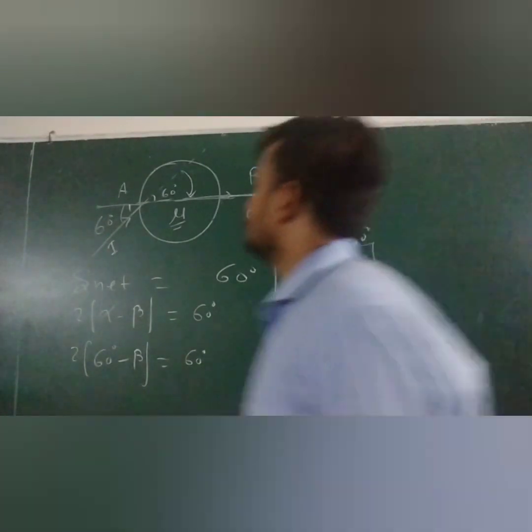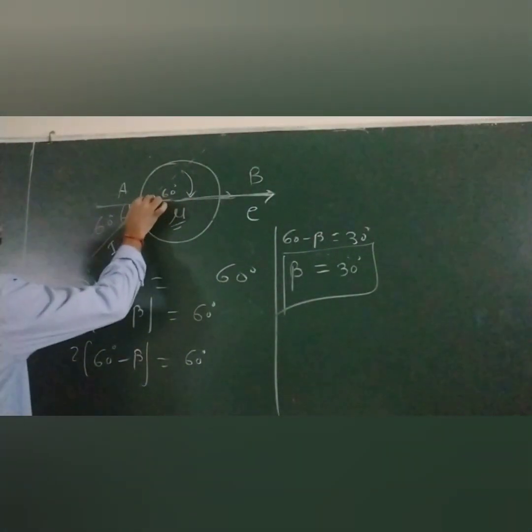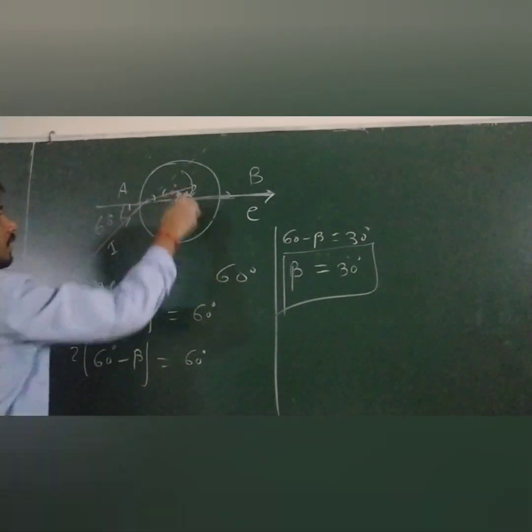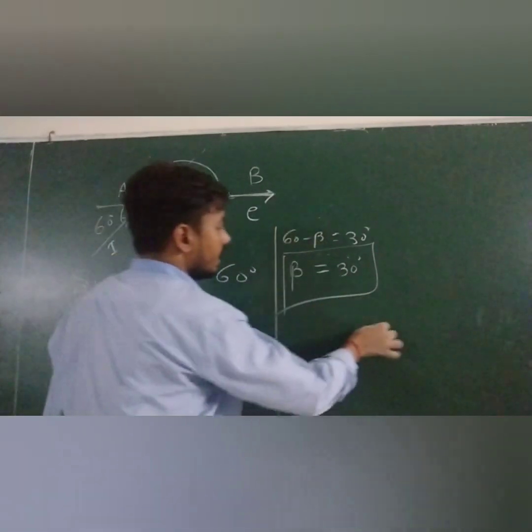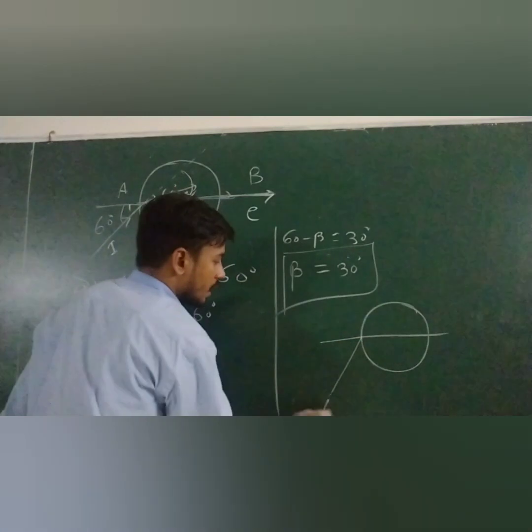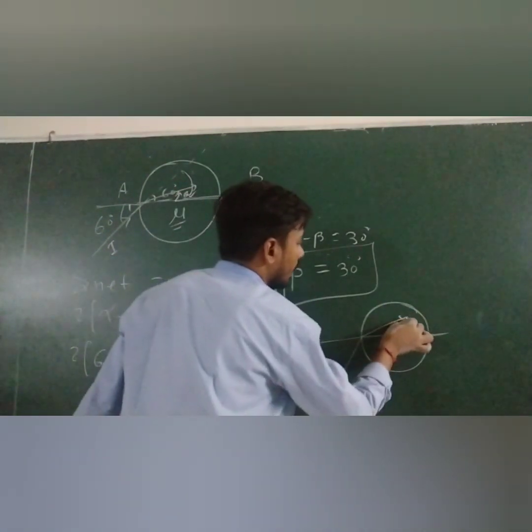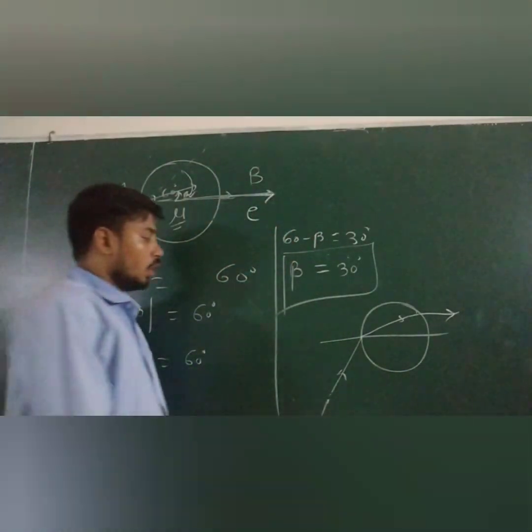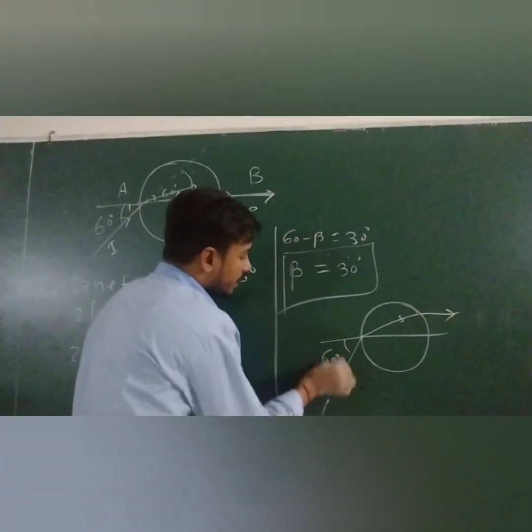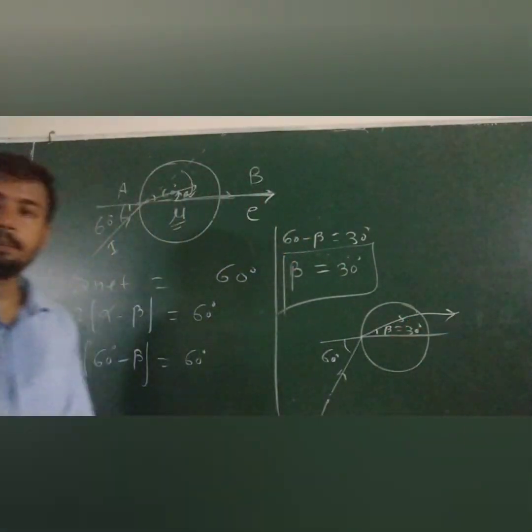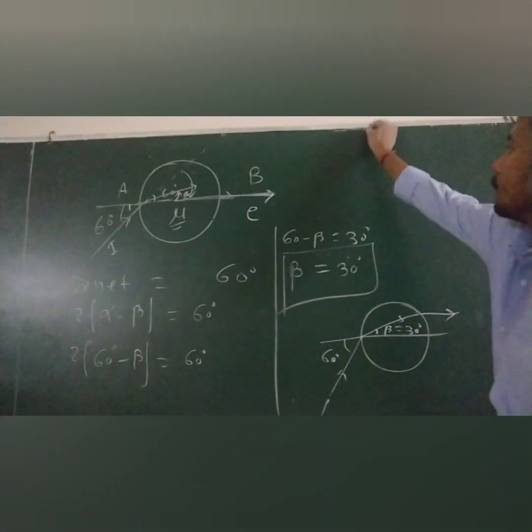And I told you, suppose this light is going in this direction. So this light bends like this, suppose that. So this angle is what? Beta. So apply Snell's law. Basically I am representing another ray diagram. See here. This is a line AB, the ray is coming like this, and this ray will go like this, and after that suppose this ray becomes parallel to AB. This angle is 60 degree, and this angle is beta, and beta we have got as 30 degree. So from this diagram we can apply Snell's law.